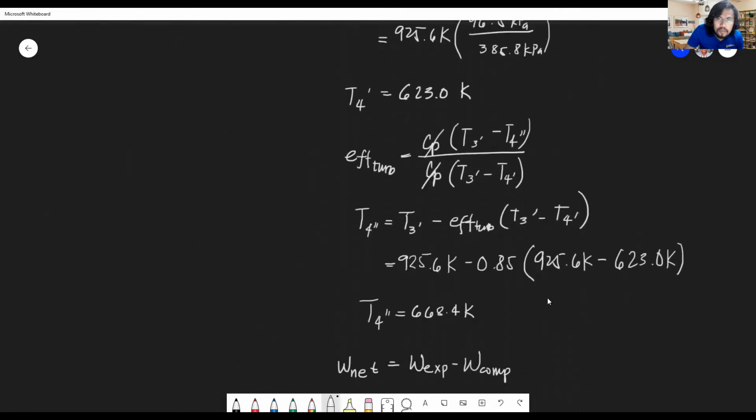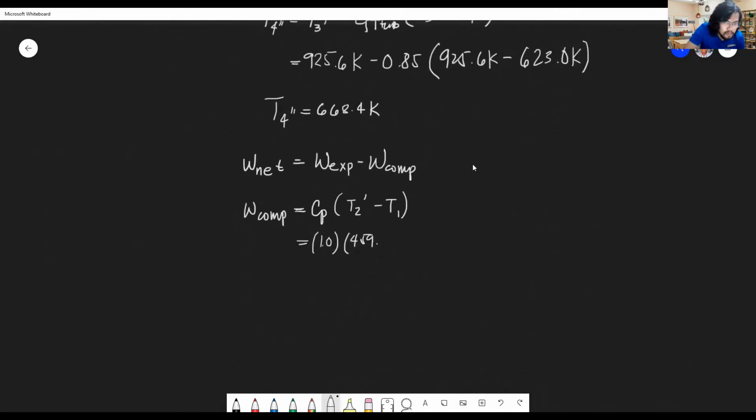So very direct: 459.6 Kelvin minus 288.6 Kelvin, and the work of the compressor is simply